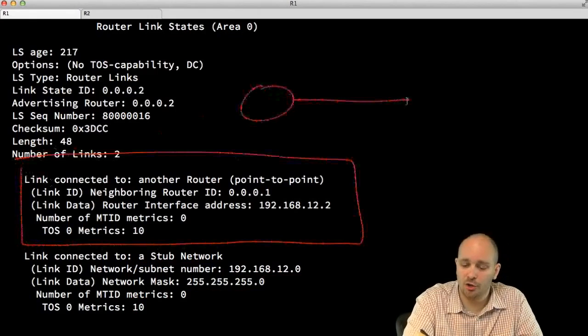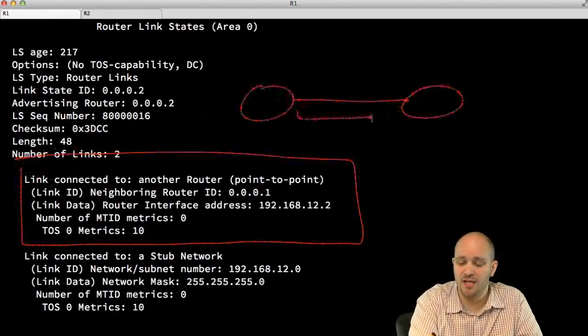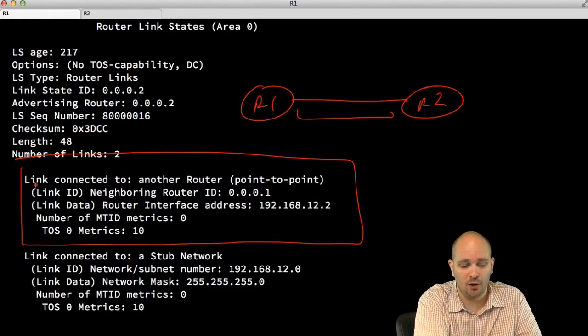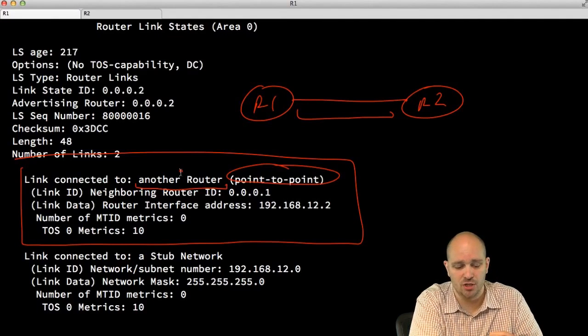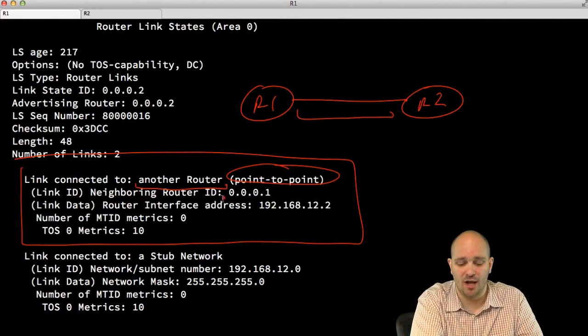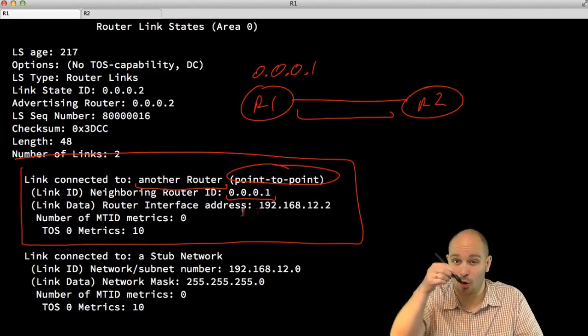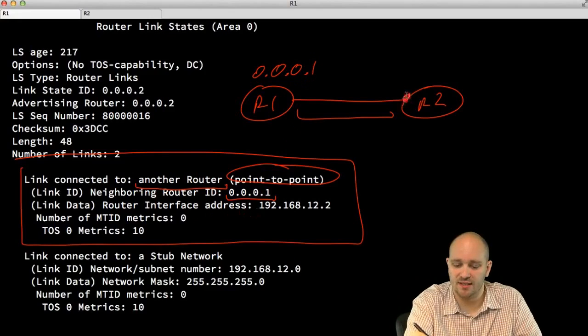describes, from R2's perspective, the relationship between R1 and R2. If we take a look at it, it says here that link is connected to another router. It says it's a point-to-point relationship. And we have the information about what is the neighbor's router ID, and we know that the neighbor's router ID is 0001, and the router's interface address, this is our local router's interface address here, is